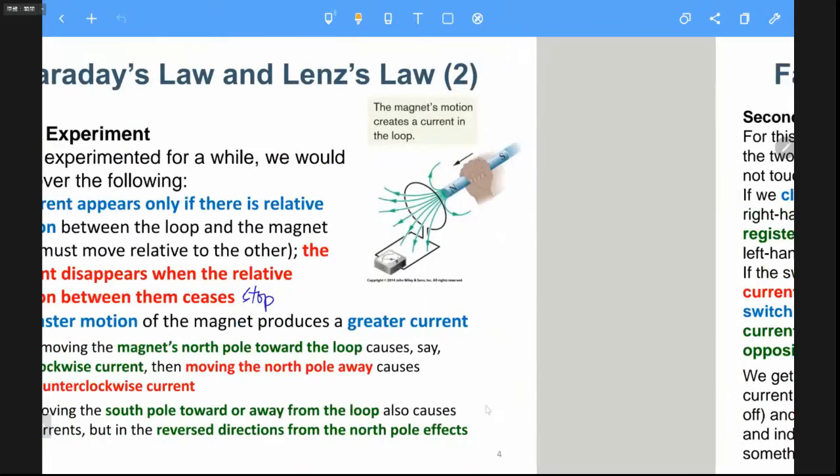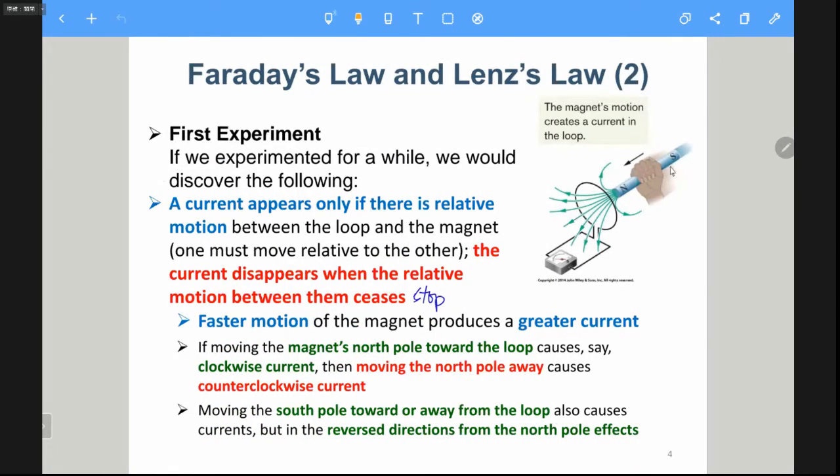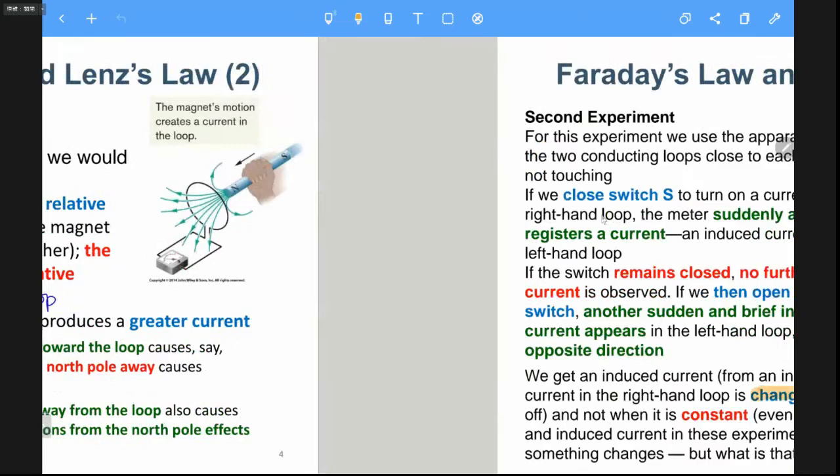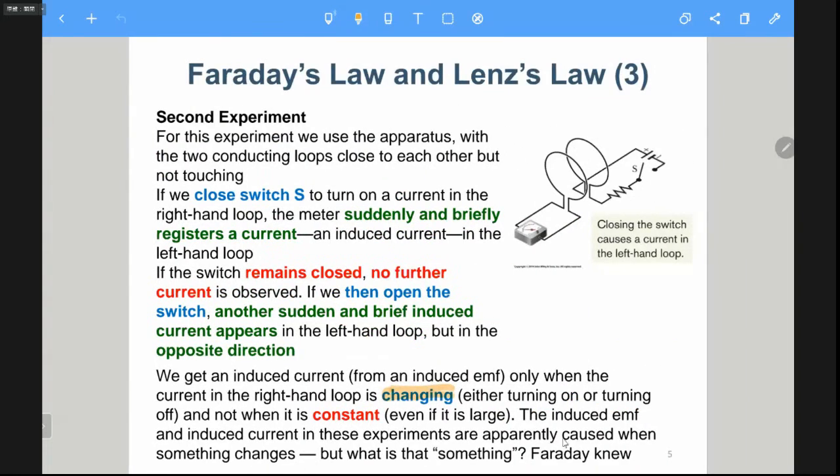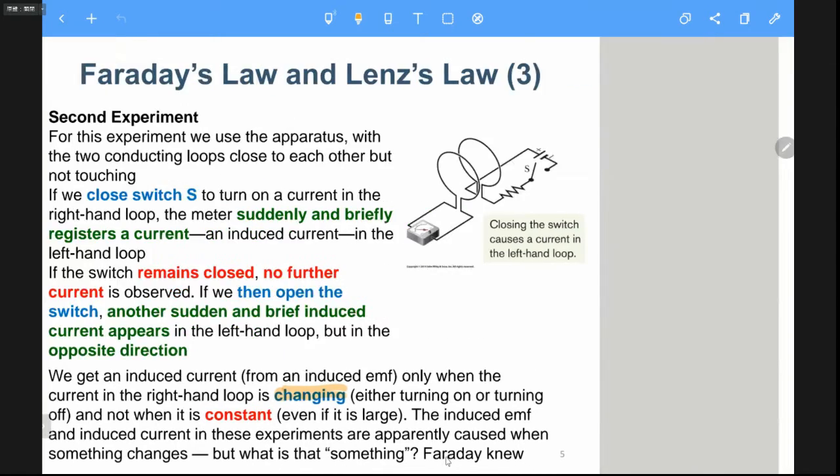So actually, if you just move this bar towards this loop, the magnetic field crossing this loop is also changing. So it's the same as this case. And the induced EMF in this experiment apparatus is caused when something changes. But what is that something? Faraday's